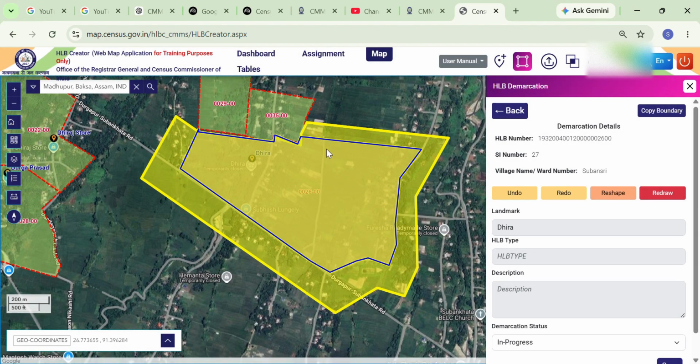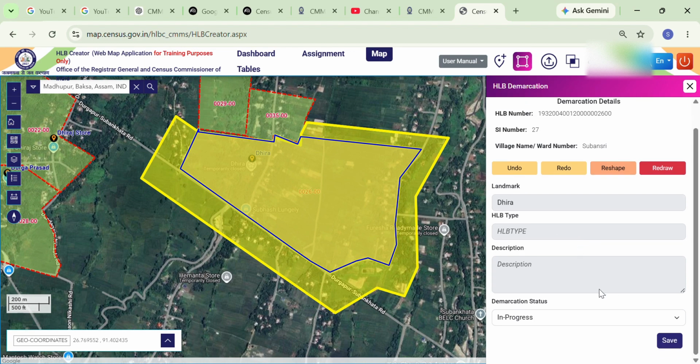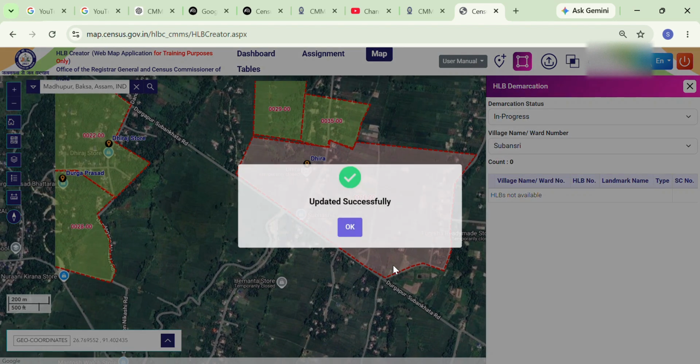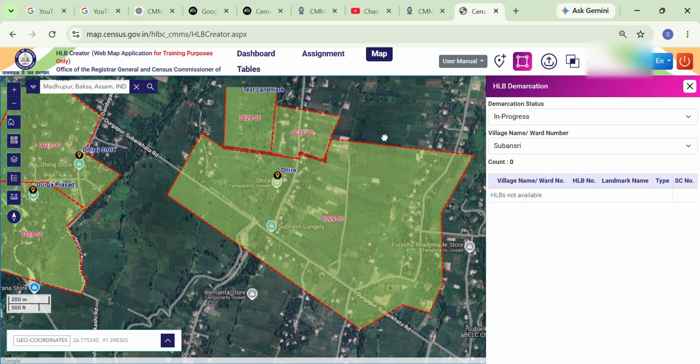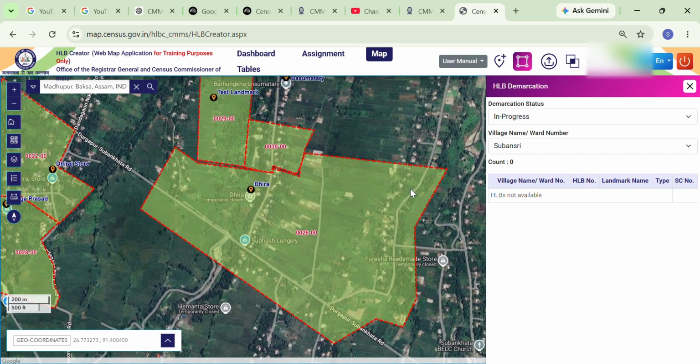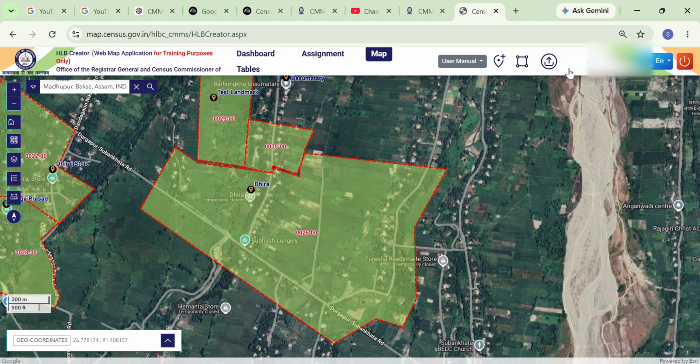Let's say this is our redrawn HLB boundary and this is our old boundary. Okay, so you will see on the screen how redraw functions. I am marking this complete and saving it. See, our old HLB has vanished, right, and our new HLB has been created. So this is the function of the redraw option, right?